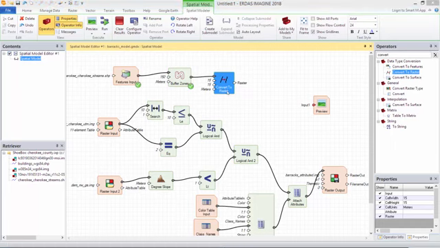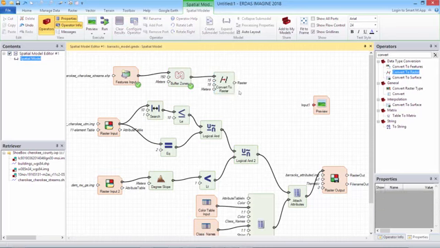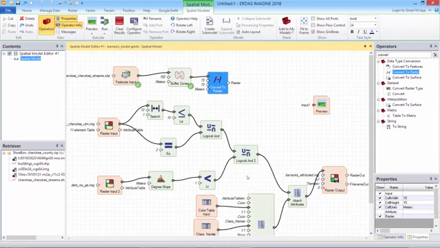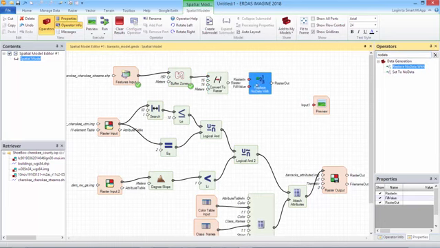The output from the convert to raster will be locations that fall within the buffer zone, and then everything else will be no data. So if we want to combine this information with the rest of our analyses and not accidentally set those locations to no data as well, we need to convert the no data back to valid values. So we're going to use a replace no data with, connect that up, and fill the no data locations with